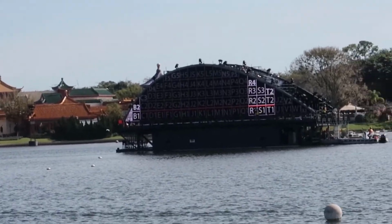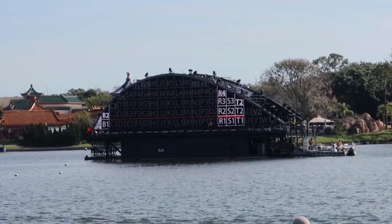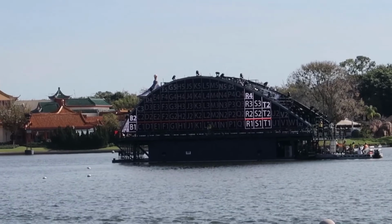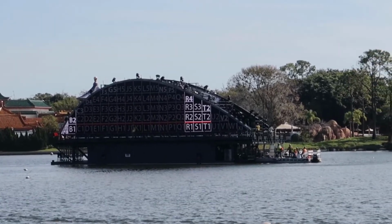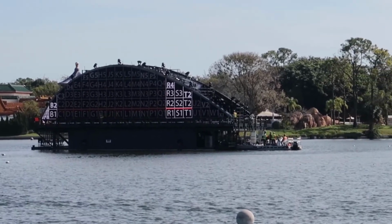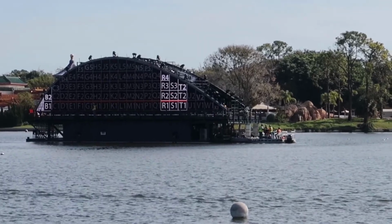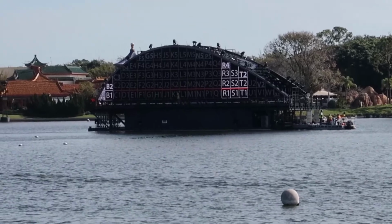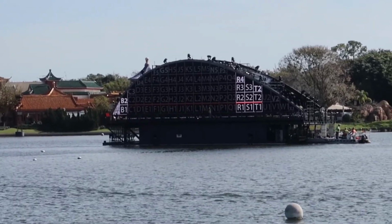All right, when I was here on Friday, I saw some of the gears on this fountain extend, and you can see the video screen is lit up with guide numbers. So those are individual screens, R1, S1, T1, and whatever. I guess that helps indicate if they need to replace a screen for a blowout or some kind of...